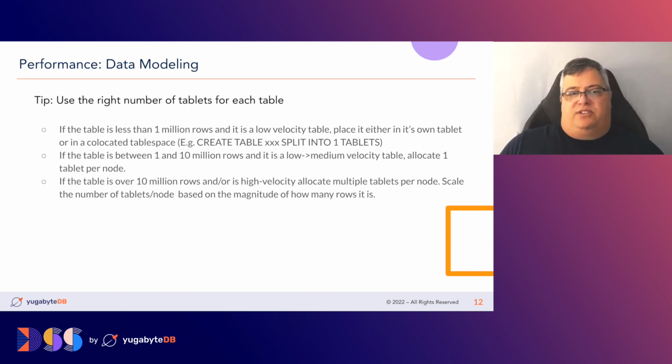The next tip is about using the right number of tablets for each table. If the table is less than 1 million rows and it is a low velocity table, i.e. you're not doing a lot of inserts, updates, and deletes to it, go ahead and place it either in its own tablet or in a co-located tablespace, i.e. you basically want to say create table, split it into one tablet, because it's really not useful to split such a small table into many different tablets. As the velocity increases, let's say that this table is some kind of job queue table or something like that, then we want to actually consider